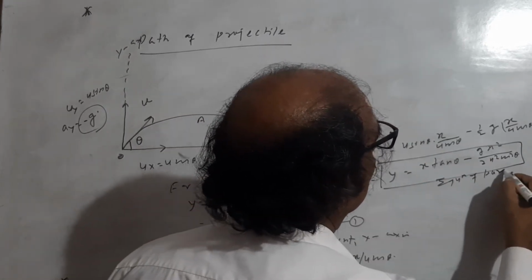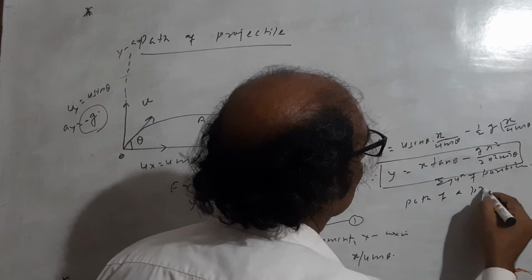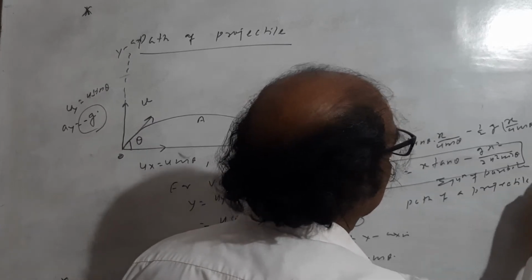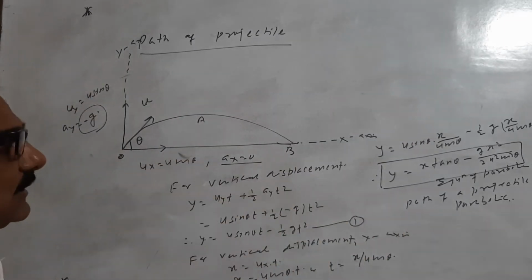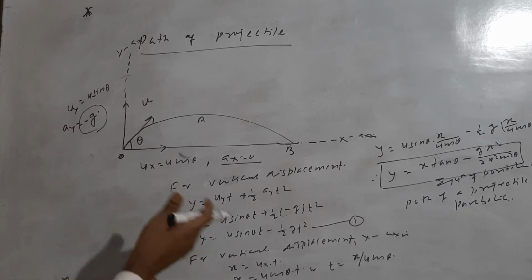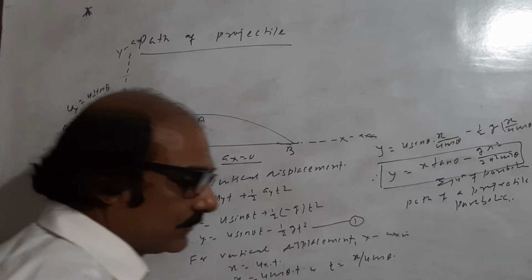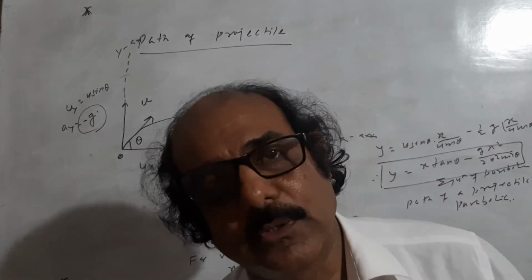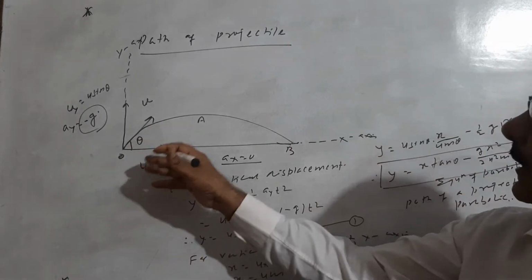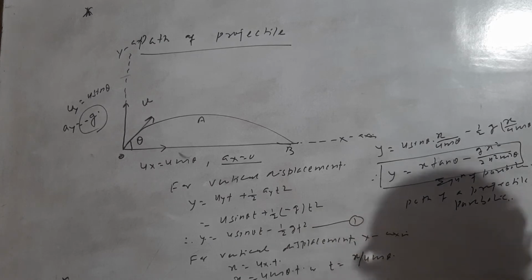This equation is similar to the equation of a parabola. So the path of a projectile is parabolic. It is a simple process to show the path of the projectile, in the situation when the projectile is thrown in an upward direction with initial velocity u, and the angle of inclination, or angle of projection, is equal to theta.